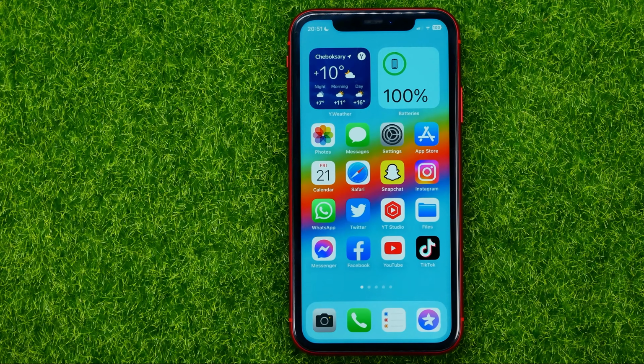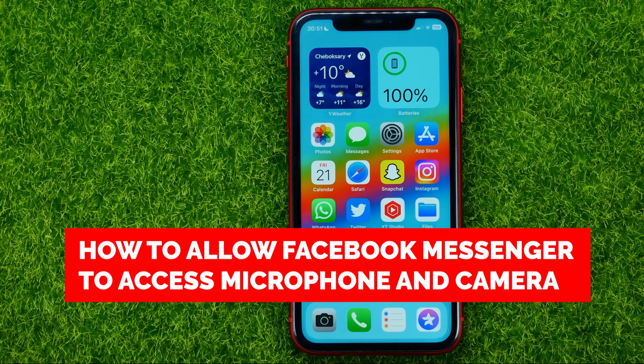In this video, I'm going to show you how you can easily allow Facebook Messenger to access microphone and camera